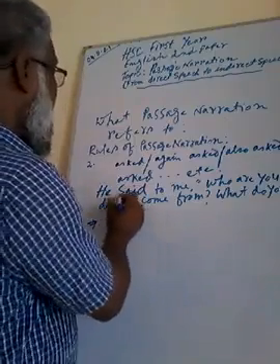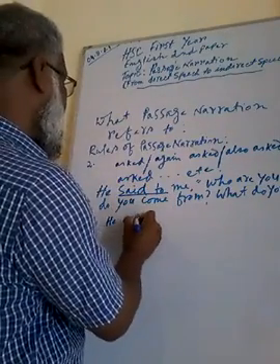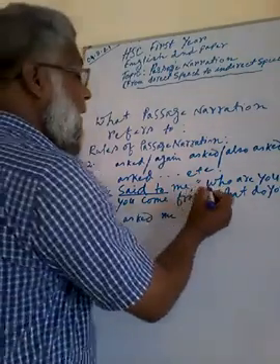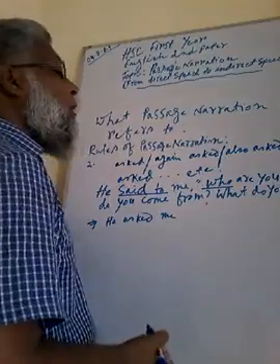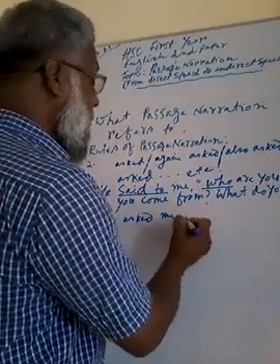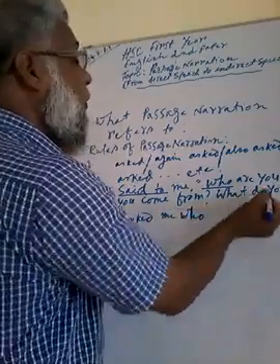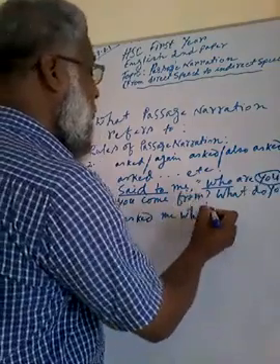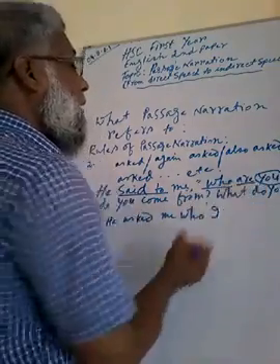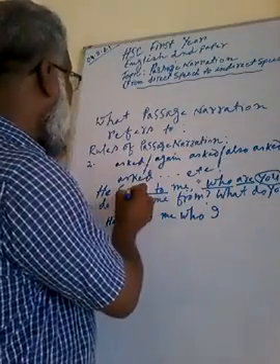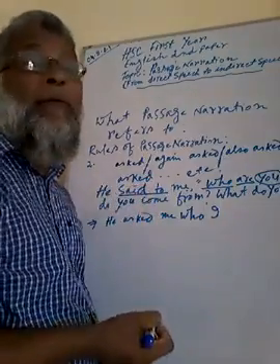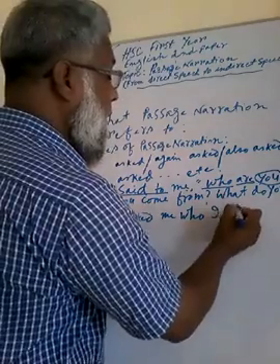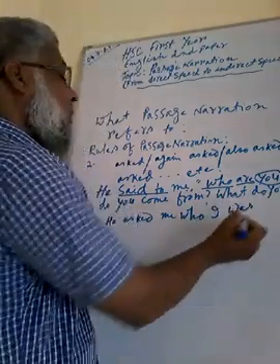"He said to" should be changed into "asked": he asked me. The interrogative word will remain unchanged: asked me who. "You" is second person, so it follows the object "me". "Am" should be changed into "was" because the reporting verb is in the past indefinite tense. He asked me who I was.